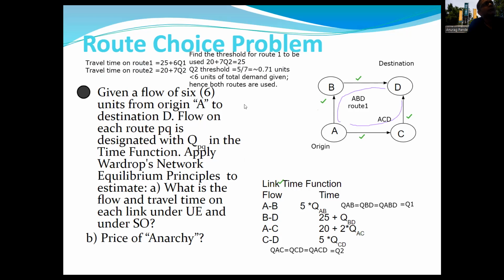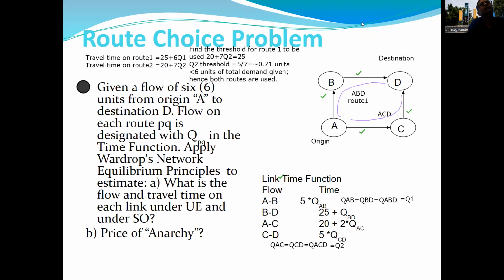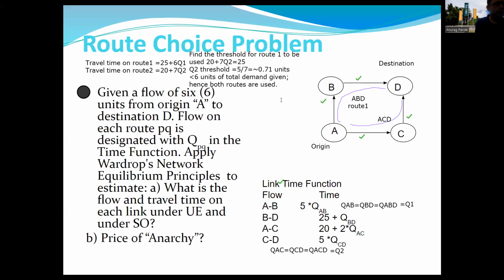First equation will be based on conservation of flow, which is Q1 plus Q2 equal to 6 units. So that's your one equation. And the other equation will be coming from the user equilibrium principle, which says the travel time on 2 routes has to be equal. It'll be 25 plus 6 Q1 should be equal to 20 plus